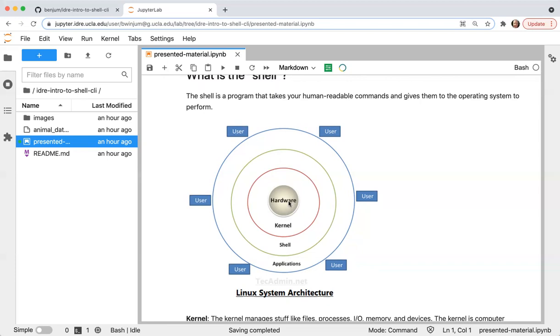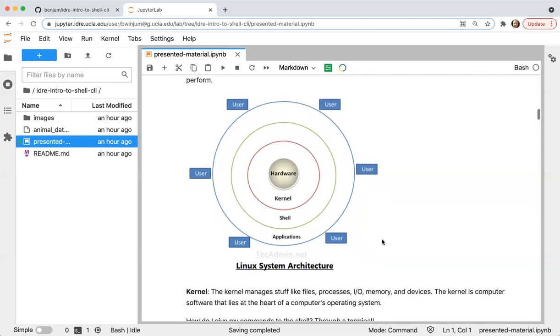At the very base level of your computer, you have the computer hardware. So this is where you have the CPU, the RAM, the various devices that are attached to your computer. On top of the hardware, you have the kernel. And you can think of this as the operating system. So there's the Linux kernel.